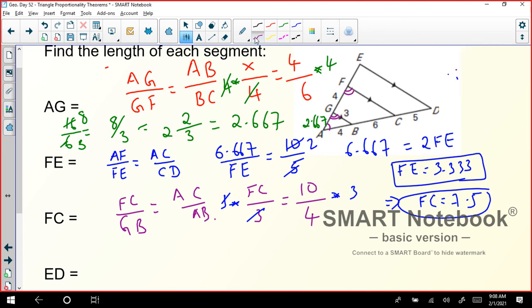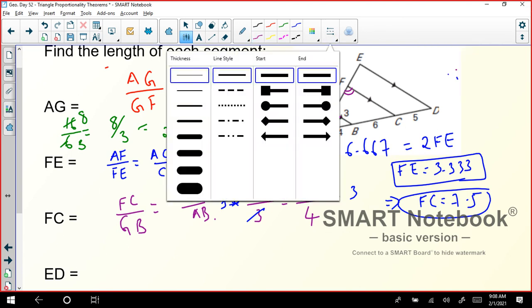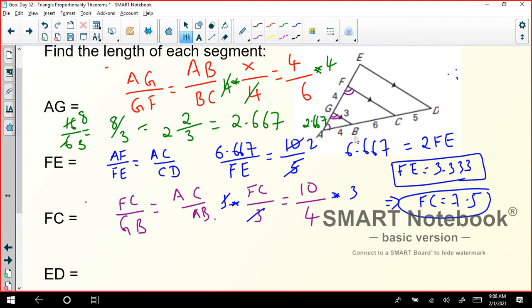Okay, on this one, we are interested in finding ED. Let's apply the same concept of triangle similarity. I have triangle AGB similar to triangle AED because already A is congruent to itself and angle G is going to be congruent to angle E once again. So I can say that triangle AGB is similar to triangle AED.